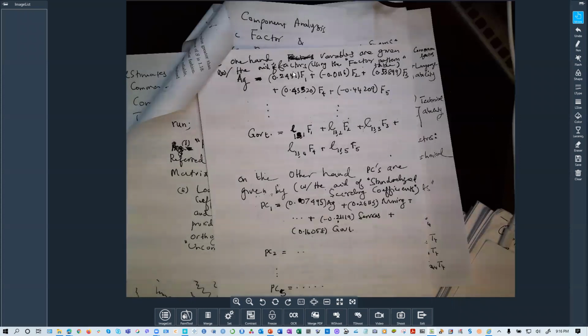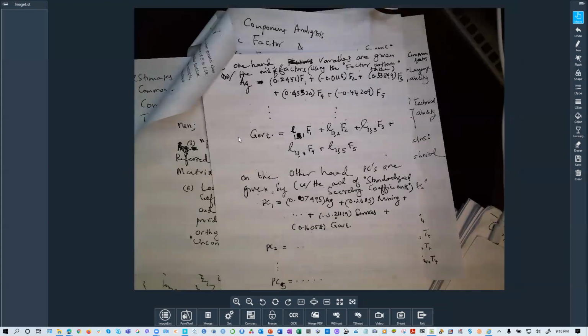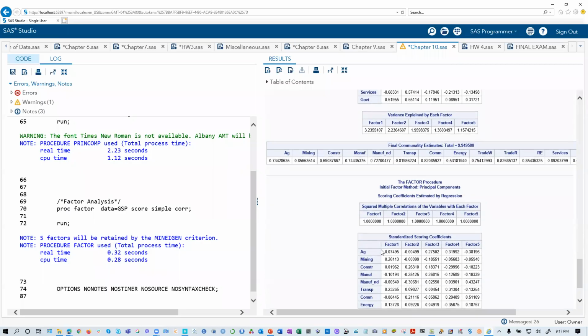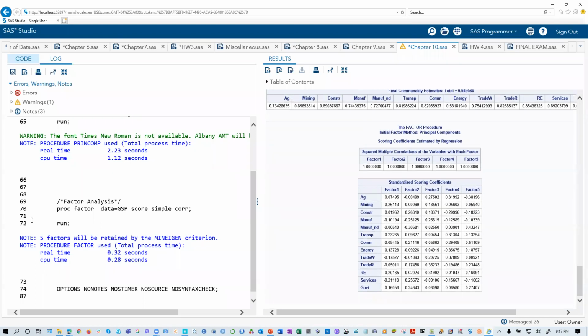See, this is F1, factor 1, plus this is factor 2. Then the same way for government. But on the other hand, you can write PCs with the aid of the standardized one. See, if you want to write the PCs with the aid of this same thing, the factor analysis, you write this way with the aid of the